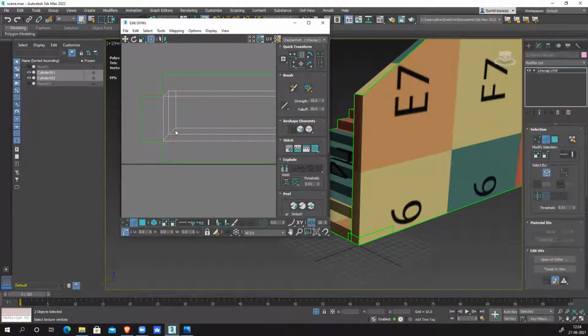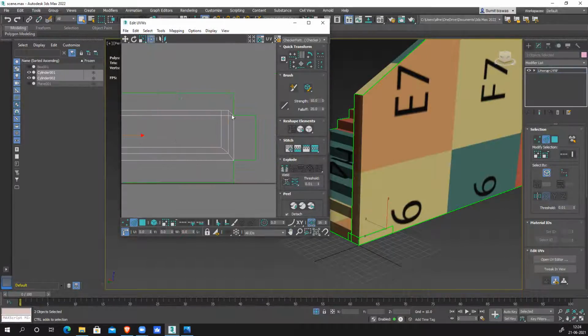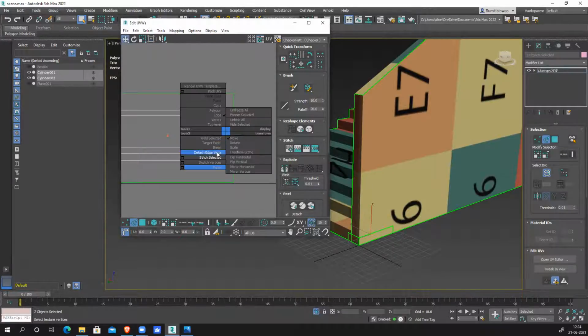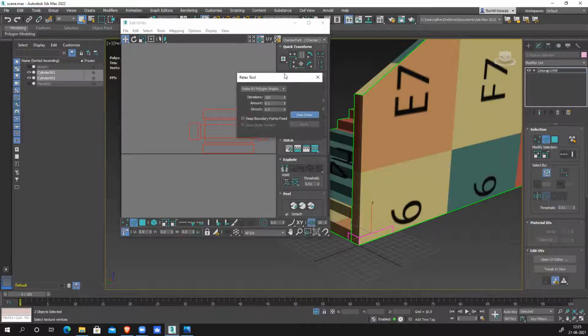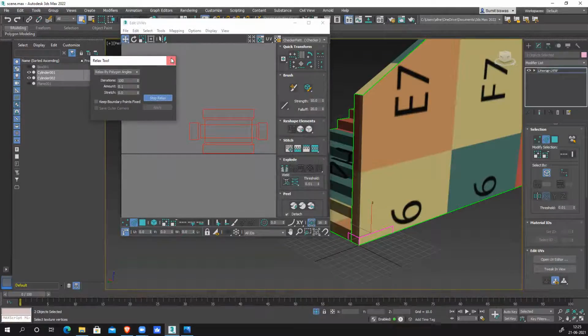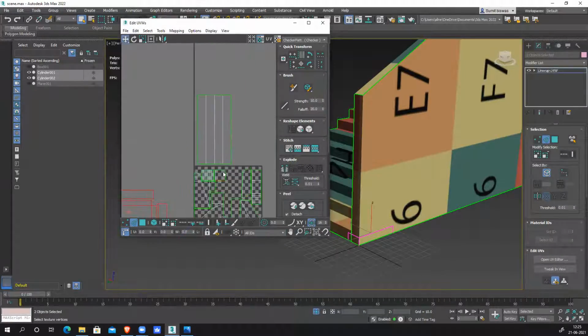Everything selected. Now one thing to do, I have to break these corners. Otherwise, it won't work nicely because the UV will be stretched. Break it. Relax. So it will become like this. It's perfect now, perfectly clean.